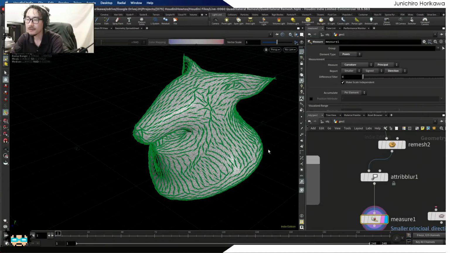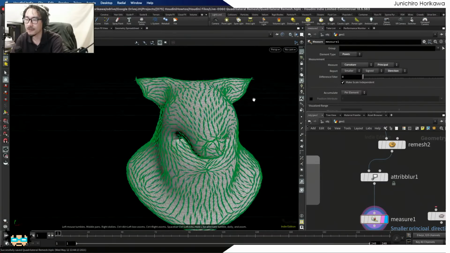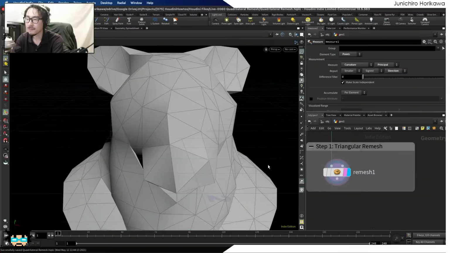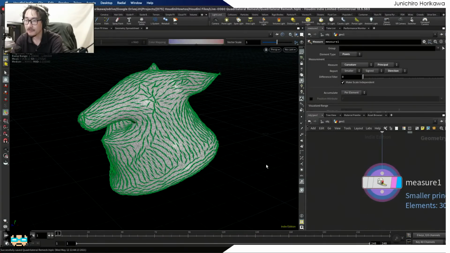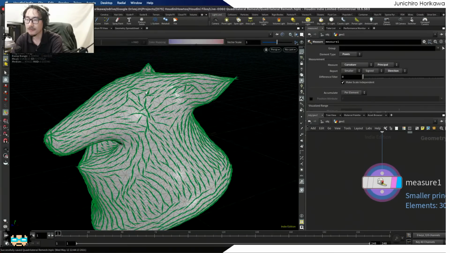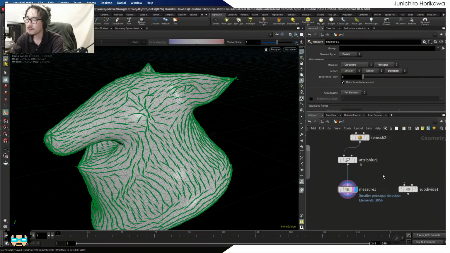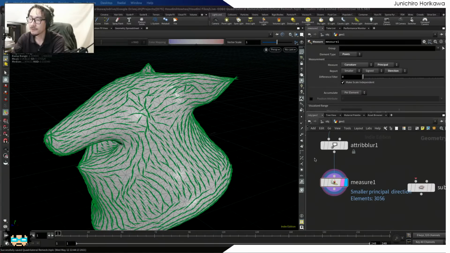Now after having the smoother curvature value, it might not be a good idea to keep this blurred geometry result as it is, because I have to use this as a reference for each of the points from this remesh geometry. And to do that, all the points need to be in the original position as much as possible. So after calculating this measure node for curvature, I'm going to make the point position back to the original positions